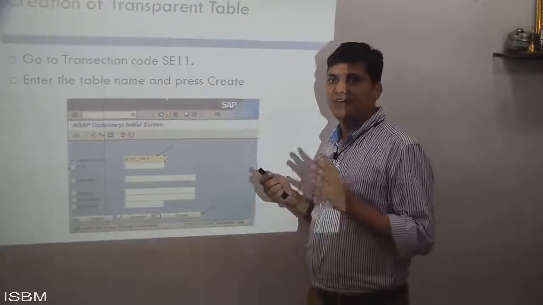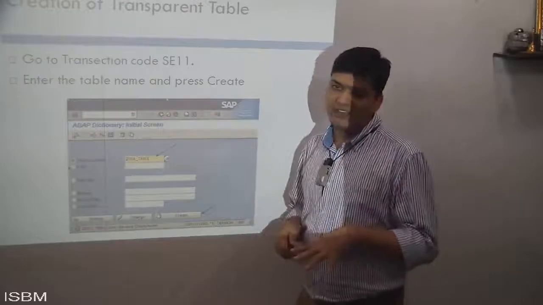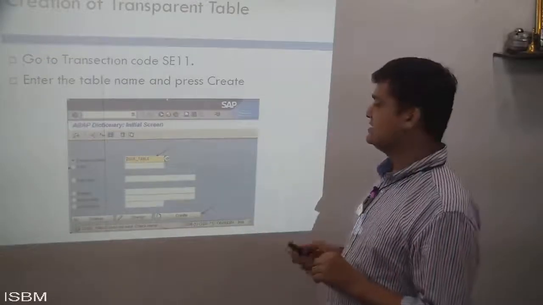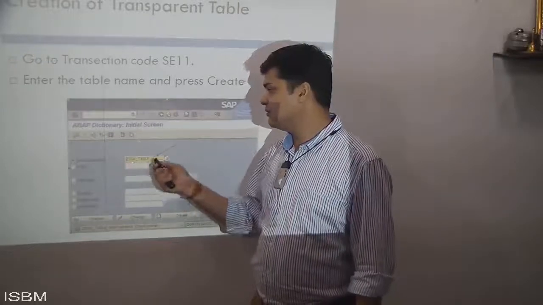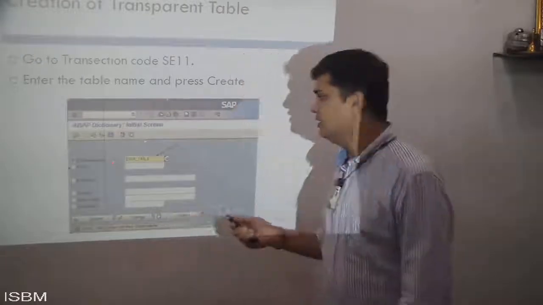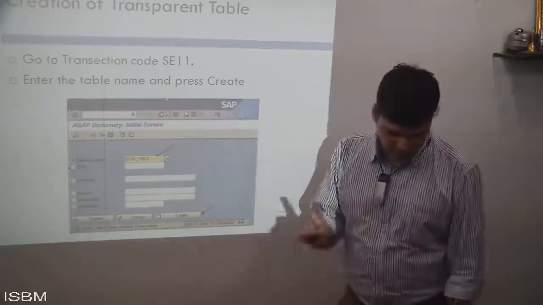Basically, those keys are not used by SAP. Apart from these 2 keys, Z and Y, every key is reserved by SAP itself. So we can use ZSSR underscore table. We are going to create one table called ZSSR. First thing,